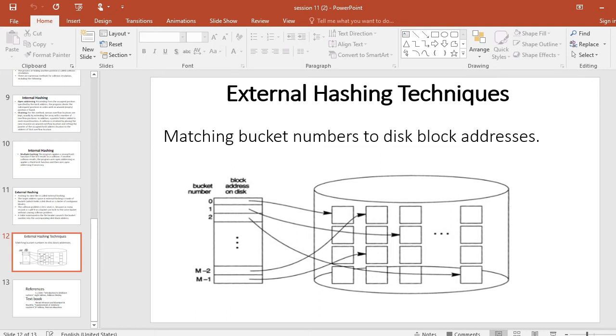The two directory locations for 010 and 011 point to the two new distinct buckets. Before splitting, they point to the same bucket. The local depth D of the two new buckets is 3, which is one more than the local depth of the old bucket. Then comes bucket doubling.